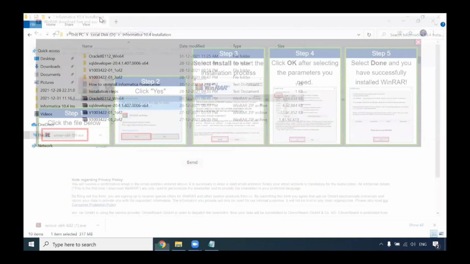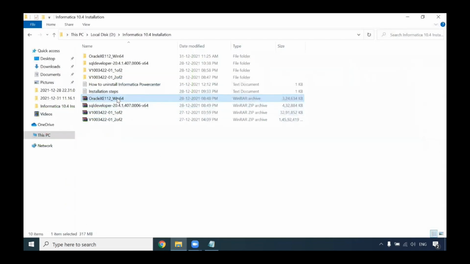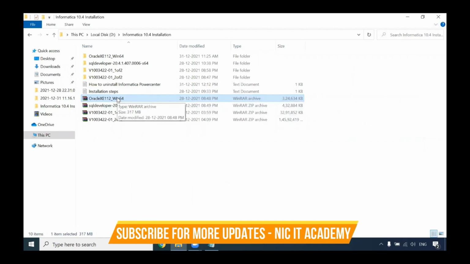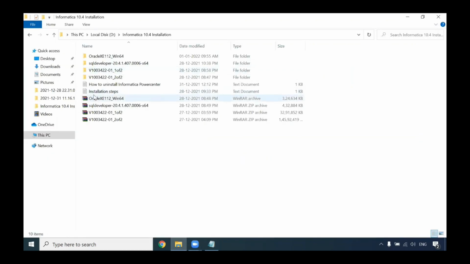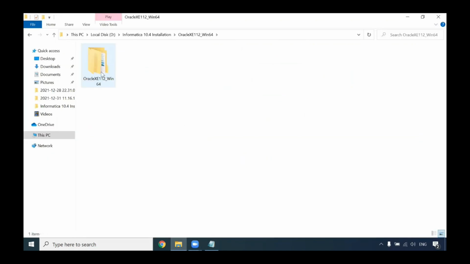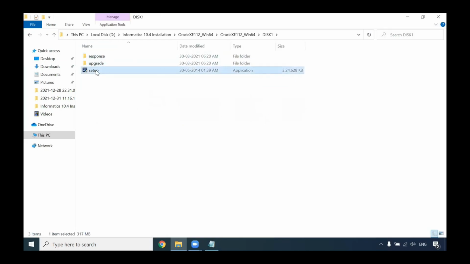You can install it. So first we are installing this with WinRAR or WinZip. If you have it, then you can use it. Right click on this, go to extract. Once extracted, you'll have this particular folder. Double click on this folder, click on this Oracle folder, go to disk 1, and double click on the setup file,